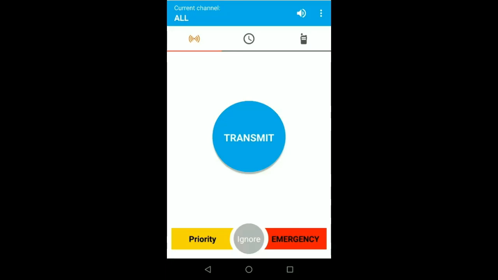Okay, let's take a look at how we actually navigate the push-to-talk feature here. You can see I have a transmit button here in the middle, so I can push this on the screen and start my transmission, or use the hardware button on the outside of the handset itself to start my transmission. Here at the top, it shows me what my current channel is that I'm going to be